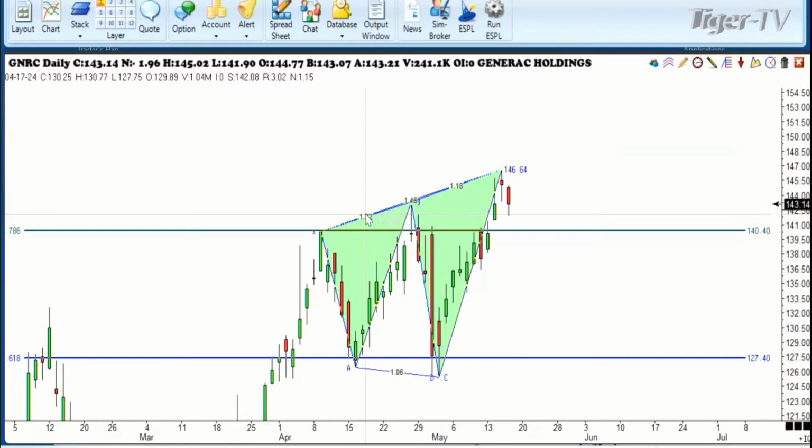This can't be here and this can't be there. It's got to be very, very symmetrical. This one happens to be within 1 day, and that's what we're watching. So what I would do here is I'm expecting this market to react, and it could react as much as